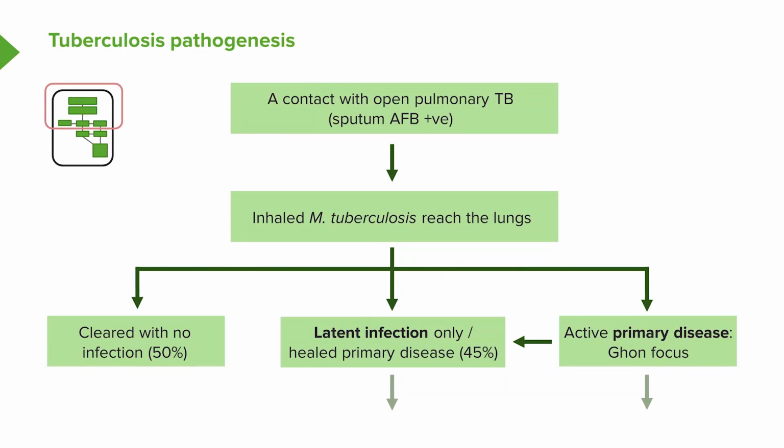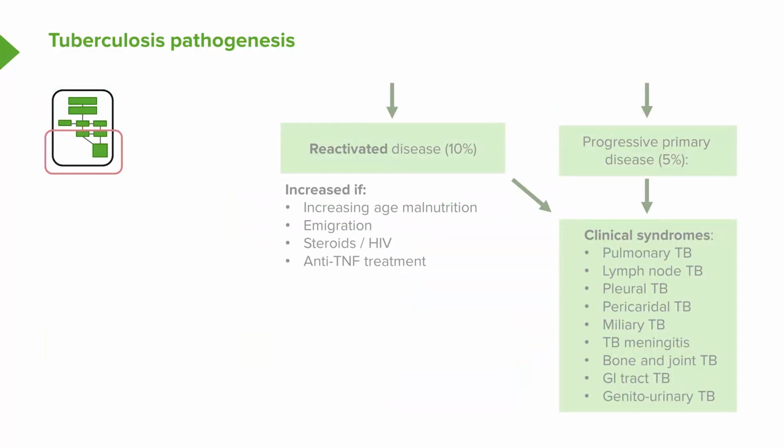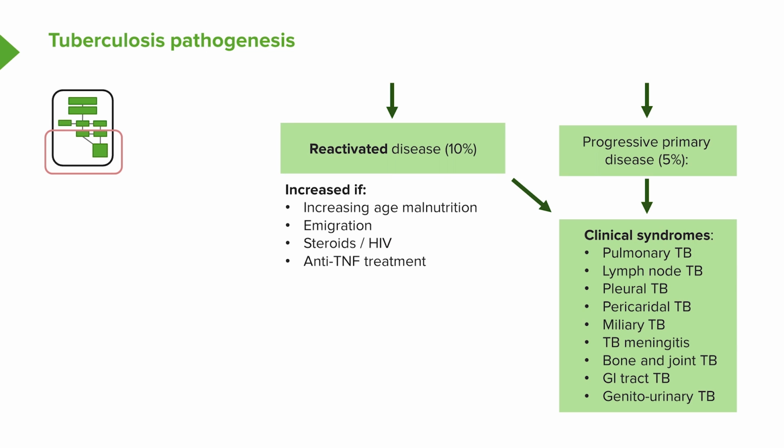So the majority of people will fall into the cleared infection or perhaps having latent infection. What can happen with the small minority with the active infection is that it can progress, and it can progress to affect other parts of the body. As well as having pulmonary tuberculosis, it can spread to affect the lymph nodes, the pleura, and the brain with TB meningitis, and perhaps other parts of the body as well. With latent disease, over a long period of time, that may reactivate. And that occurs in about 10% of people with latent disease, as I've mentioned already.